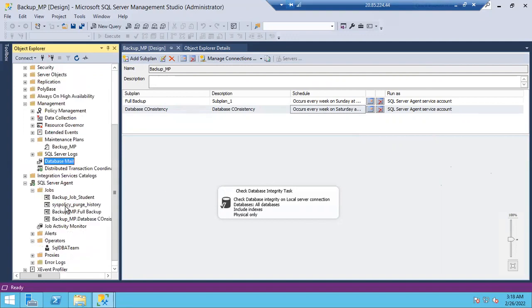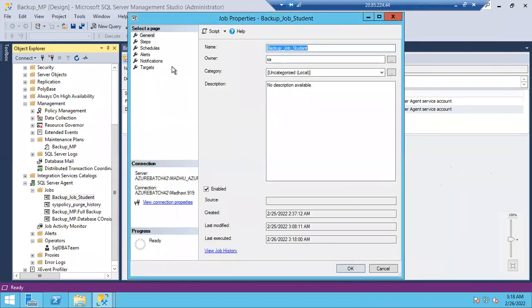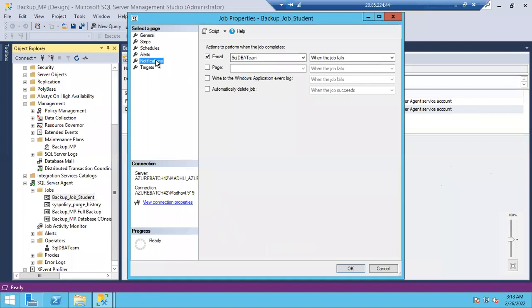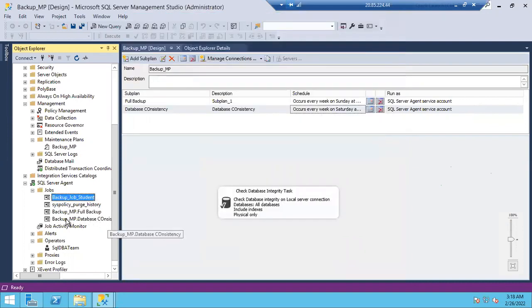Go to the job properties. Okay. Go to the job properties and you can go to the notifications page. As you have configured database mail and this operator, you can automatically choose the operator and click OK. For this, I want to set up